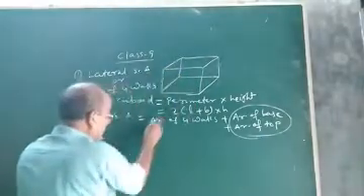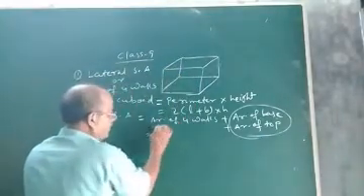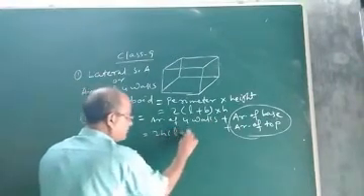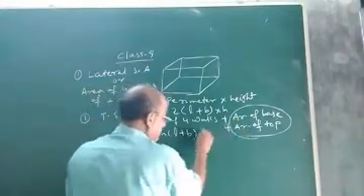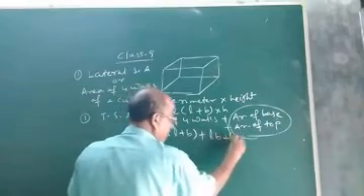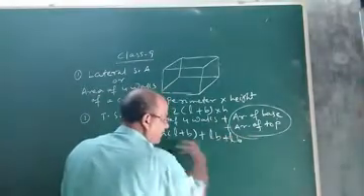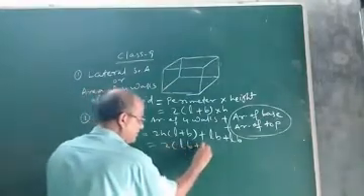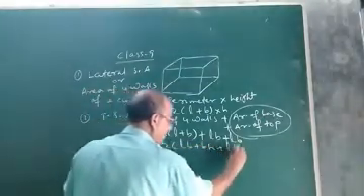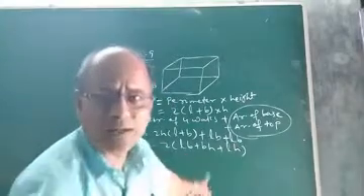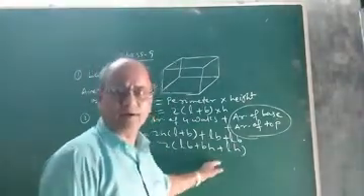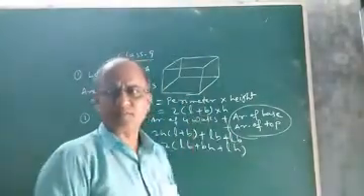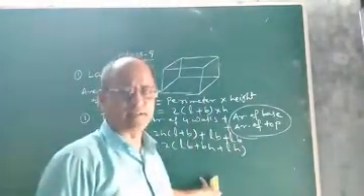So what will be the total surface area? Now you put the formula in place of area of 4 walls, you write down 2H into (L plus B), and in place of this, LB plus LB. Okay. Now if you simplify, if you add, you will get 2 into (LB plus BH plus LH). So this is the total surface area of a cuboid. It means it is the area of 4 walls plus area of base and the ceiling. Okay, this is the total surface area.